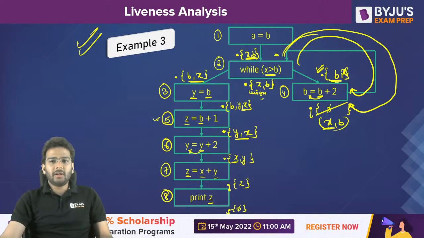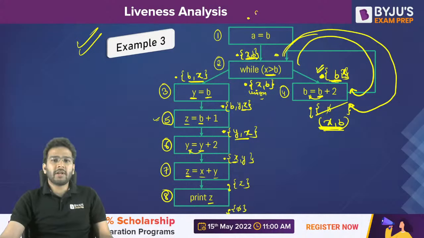Is it clear? Earlier we were getting 5, but if we go downwards, if we go backwards, you can say, so this you have x comma b, so x comma b will also be present here. Then what about this point? It is going to contain b and x also, because x we are getting from downwards. Clear? And then it is simple.